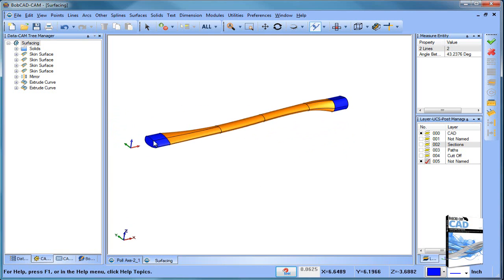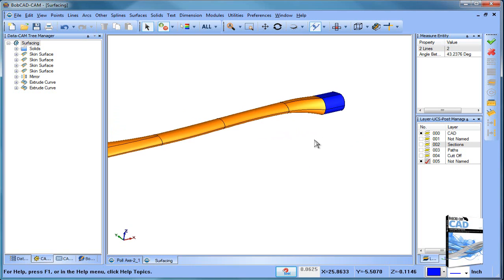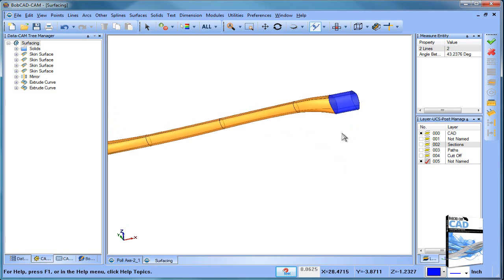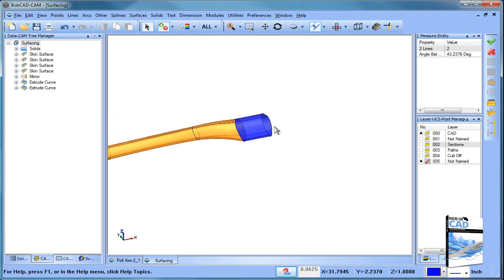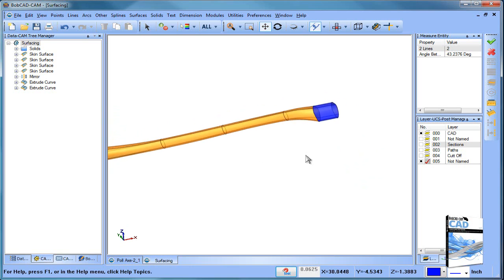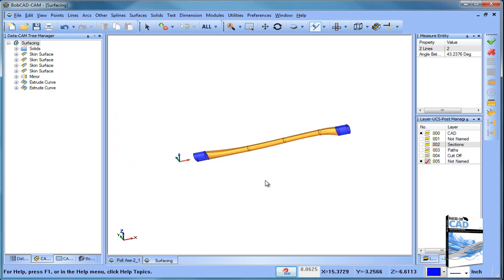is I have a solid model here. This one's a solid. These are all surfaces, and this one's a solid. The other thing too, if I go transparent, this solid, it's got the top and bottom surfaces, but then it's got a cap surface on each end. Okay, so what we're going to do here, and this is really kind of cool,